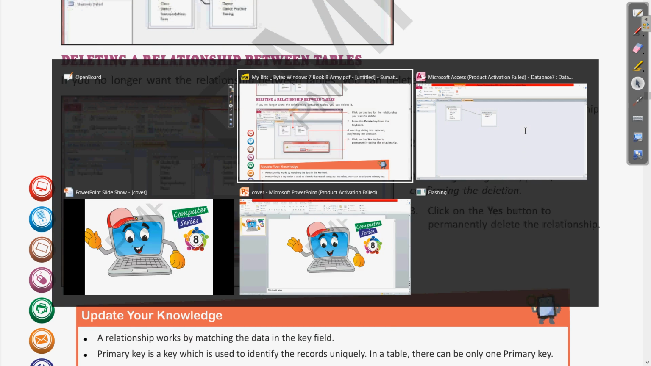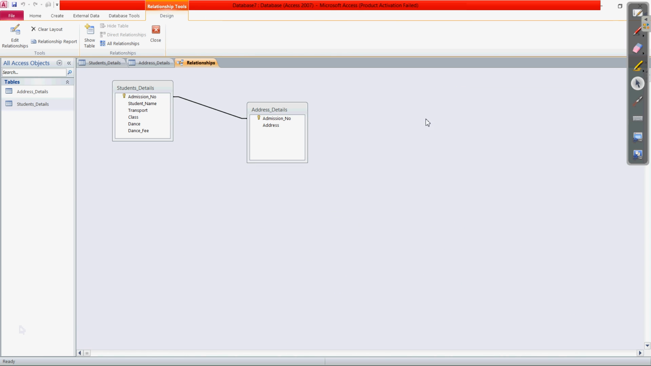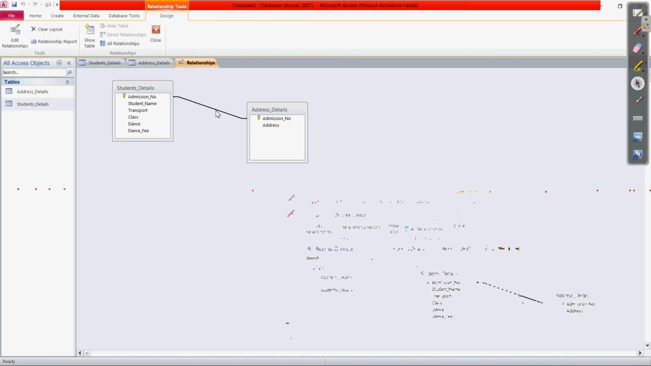So let us see what will be the step for deleting that. Simply we will choose the relationship line with the mouse. So here I have selected,